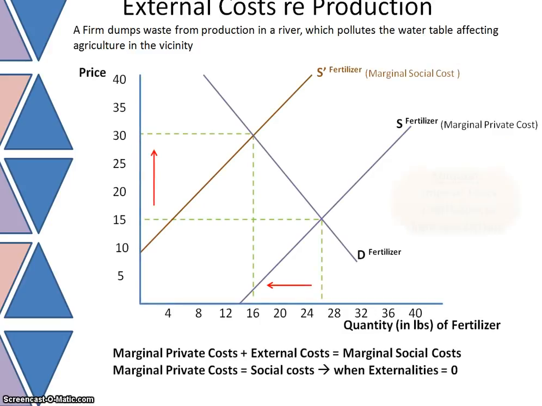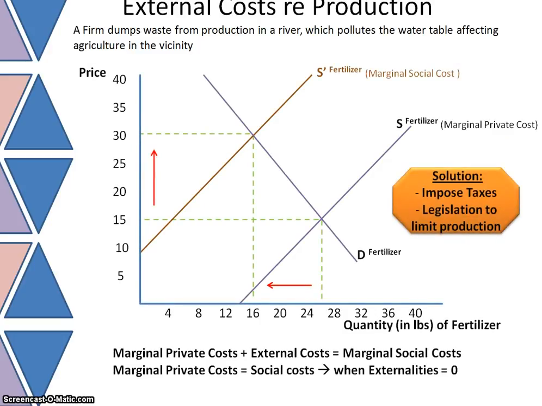With regards to combating external costs or negative externalities, what we can look at is our example with regards to the firm dumping waste in the river. This firm is operating on their marginal private cost curve, simply because they do not bear or maybe are not even aware of the costs that they are inflicting upon others, which will be on their marginal social cost curve.